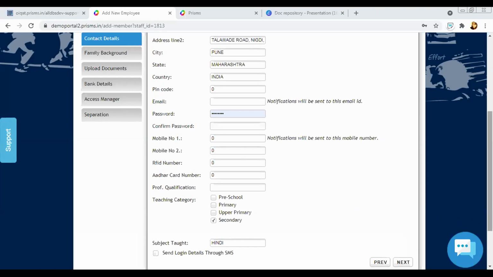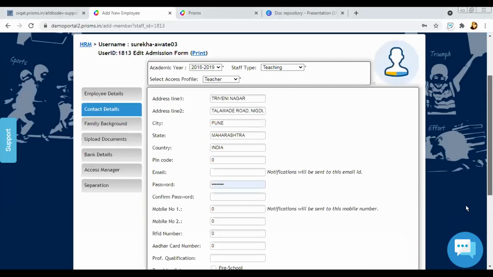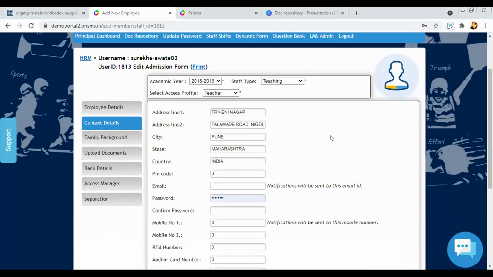Yeah, because I saw that there is address line one and address line two only, two things are there. What I want is, if a person who shifted from Mumbai and is working in Pune now, but his or her permanent address is Mumbai, and now she is working in Pune.